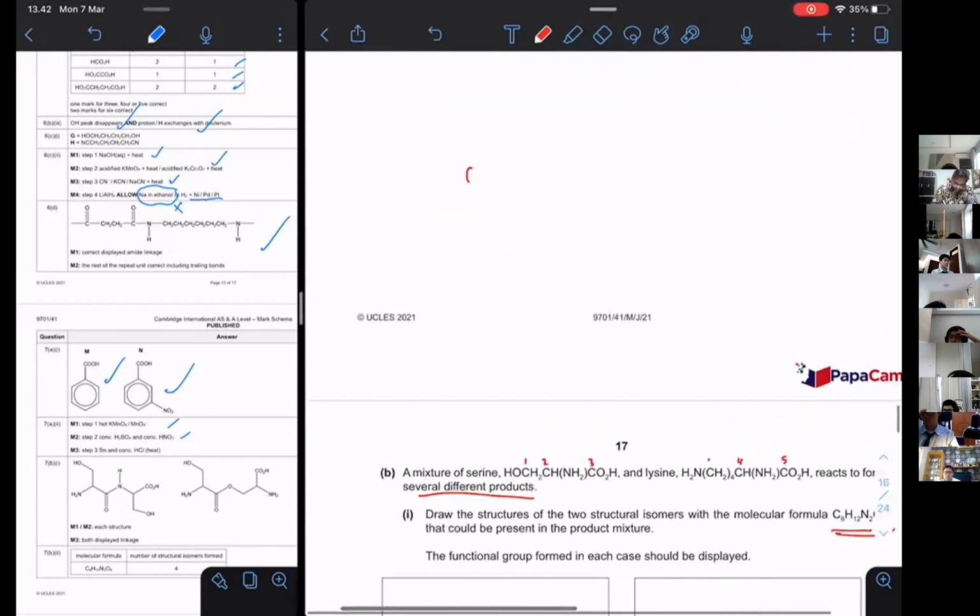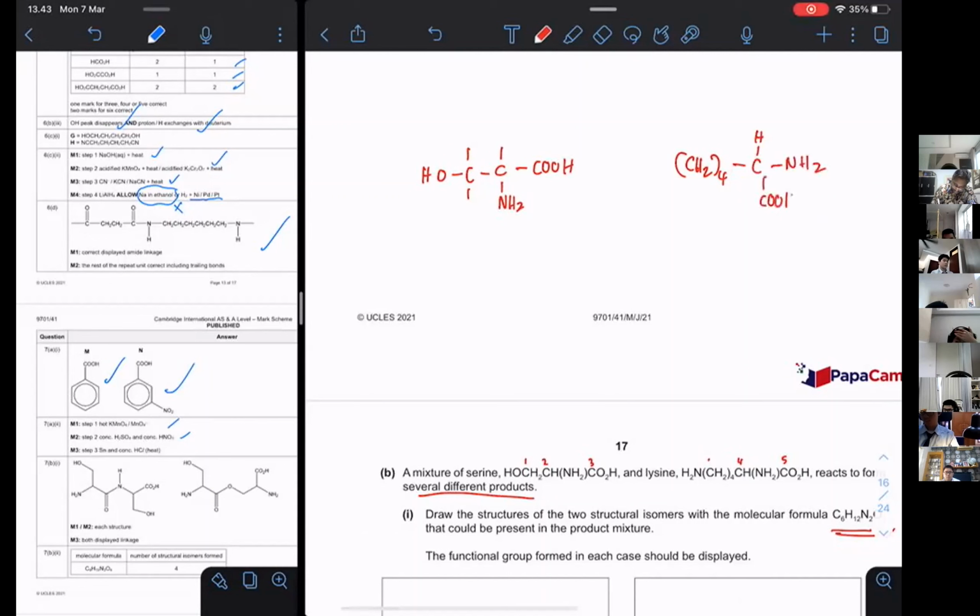So you have CH2, CH, NH2, COOH, and then OH, CH2, 4, CH, NH2, COOH, and then